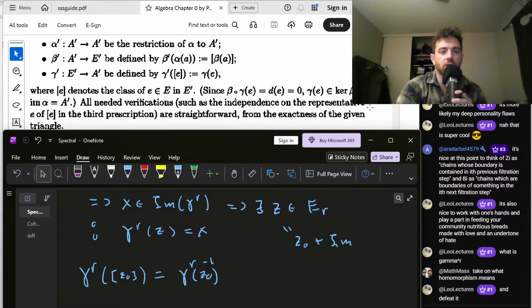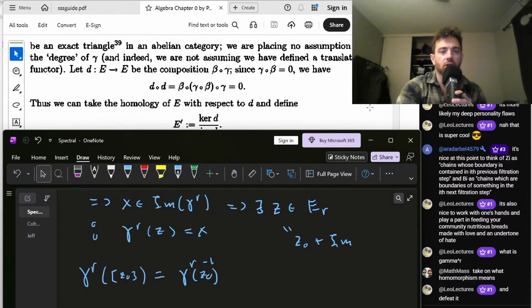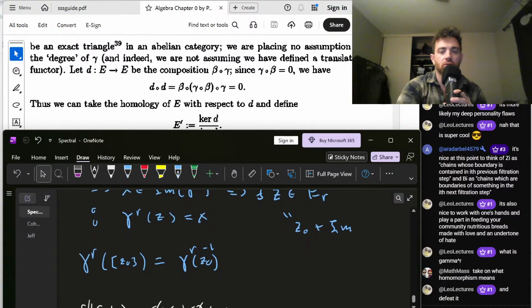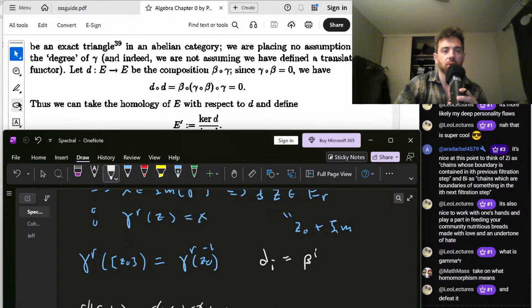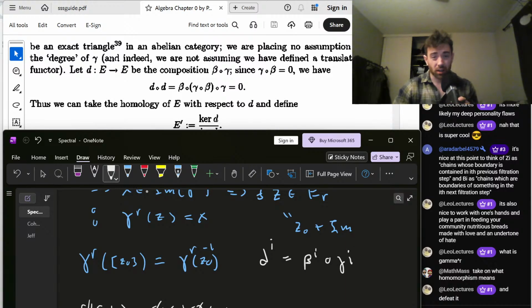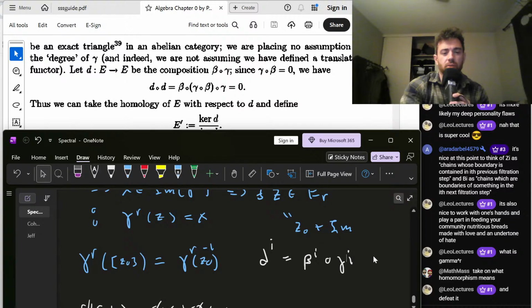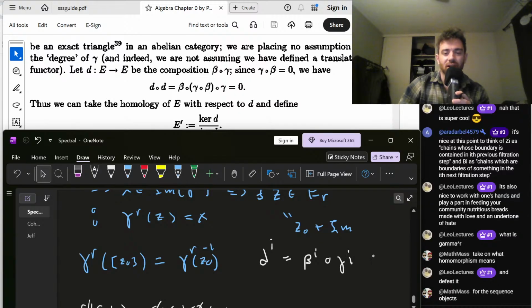I mean, it should be, how did we define it up here? So DI is the composition of beta I. Maybe I should put it upstairs. Doesn't matter. DI is a composition of beta I and gamma I. And I know something about these now. I mean, DR